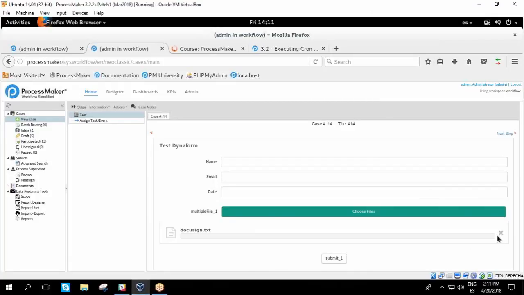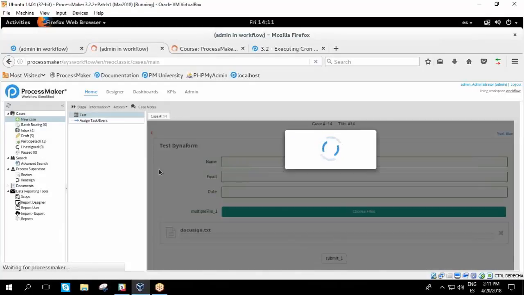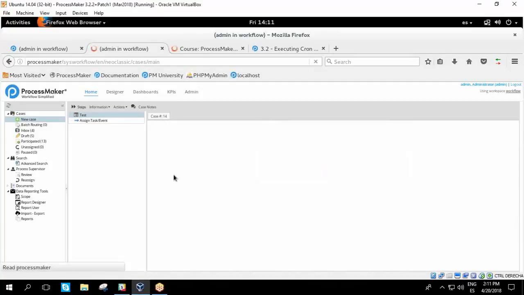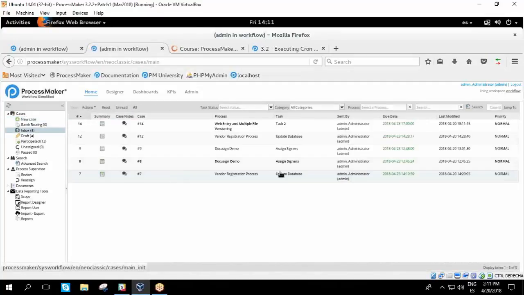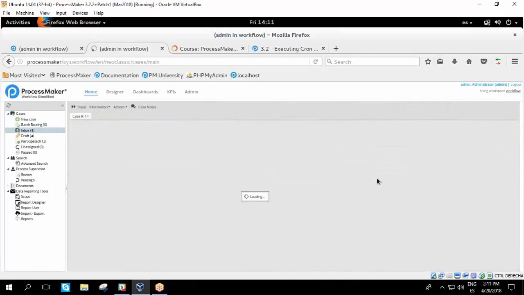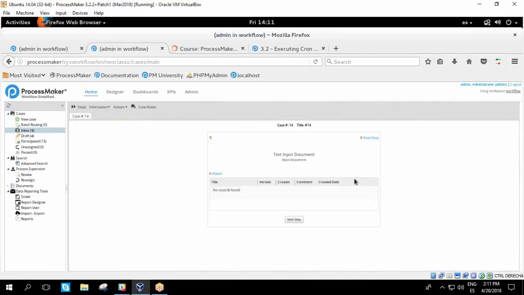So yeah, it looks like it's just having problems uploading this file within the virtual machine. And so I apologize for that, but I'm just going to tell you what should happen